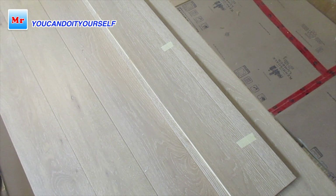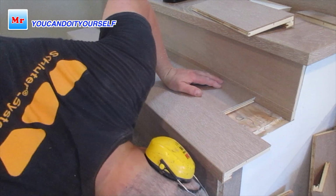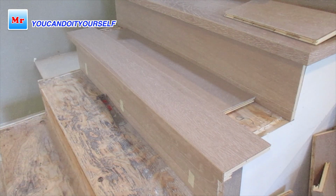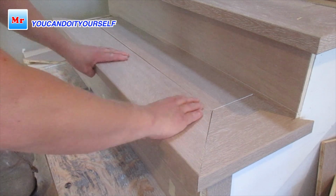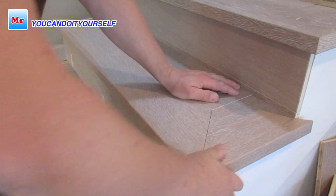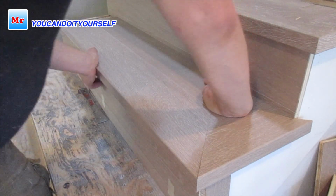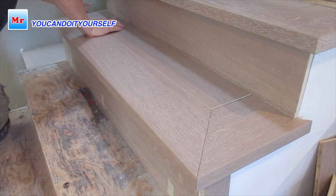Next step, you have to choose the floor. When you choose the floor, you have to make nosings. You see, square nosings are now very popular. Why? Square nosing we make from the same material. I can make it by myself, or I just order this nosing from shops that specialize in making stair nosings. This nosing has the same color, same grain, and also surface. If it's brushed, it's a brushed surface. If it's shiny, you don't have any difference between this nosing and